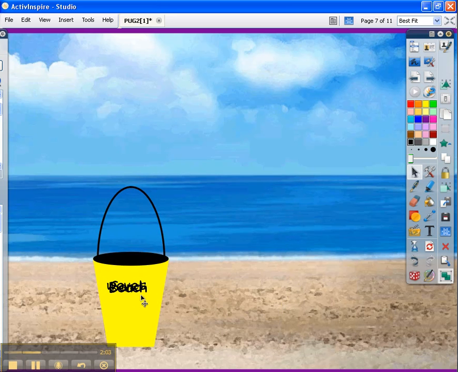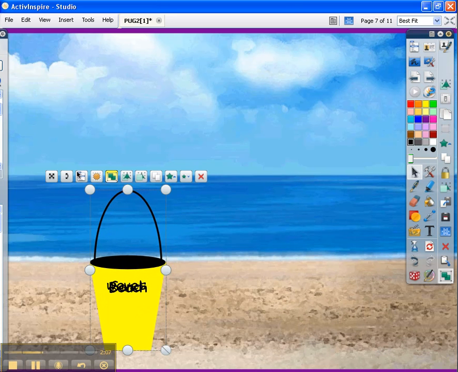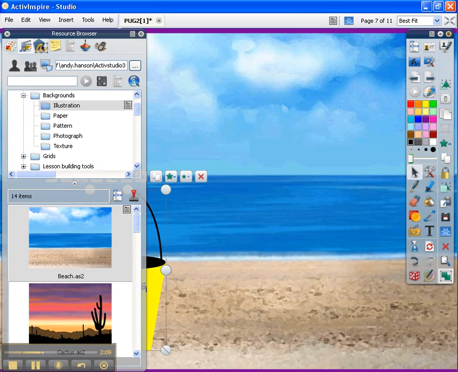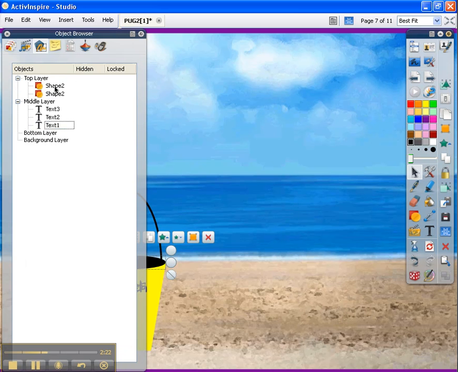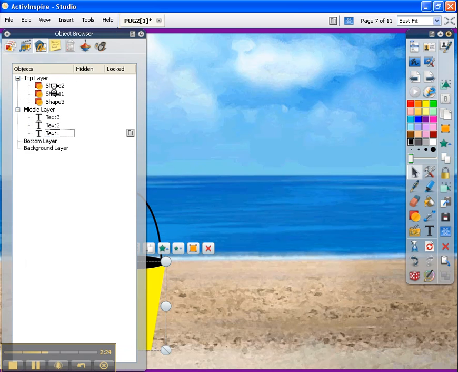Now you notice the bucket isn't covering those right now because we need to go over into our object browser, this one, and take our bucket and move it to the top layer. We may need to move all 3 shapes to the top layer. They're grouped together, but they were still on different layers. Okay, so now these are all on top of all of the text items, and so now our words are